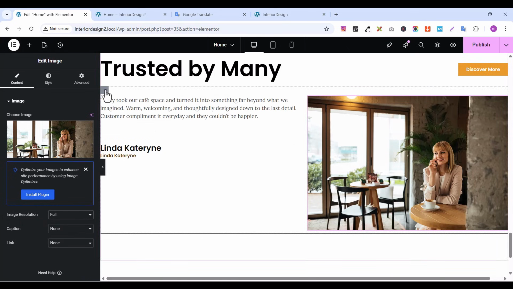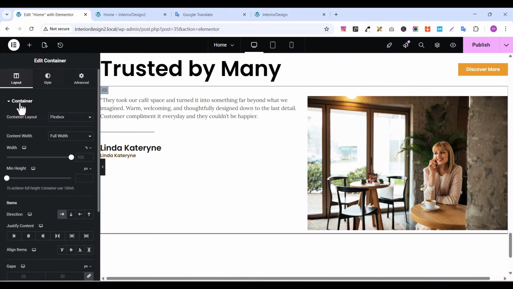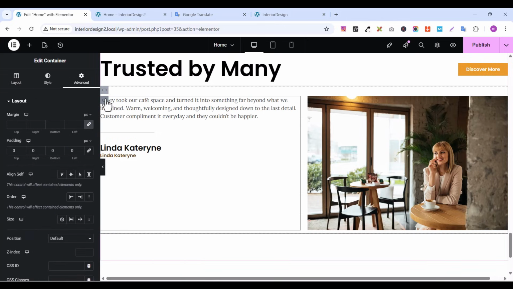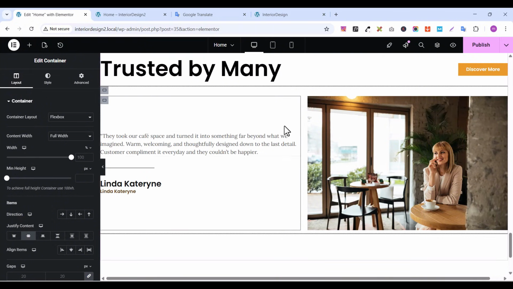So from here, let's select this column, go to layout, on justify content, click on center. No, not this container, rather here, right? This container. Okay, and come to justify content, click on center like this. Okay, so everything is looking good, right? So let's publish it